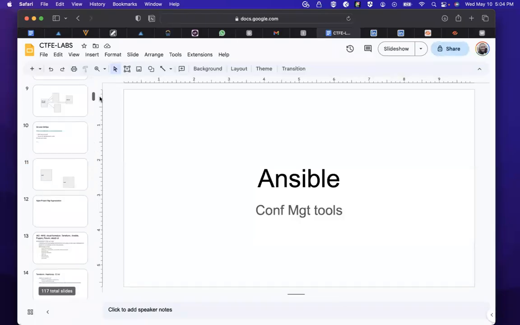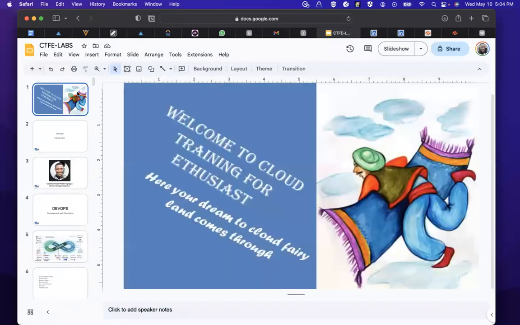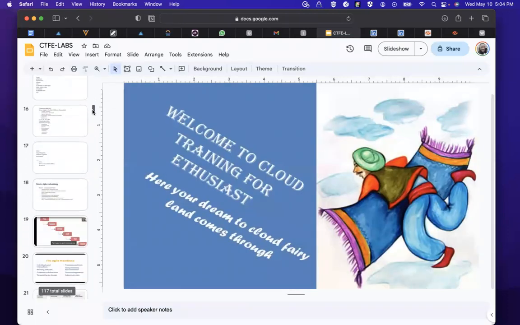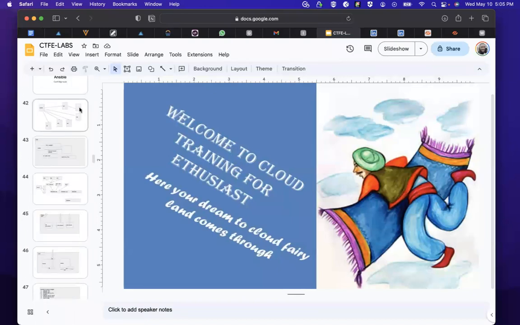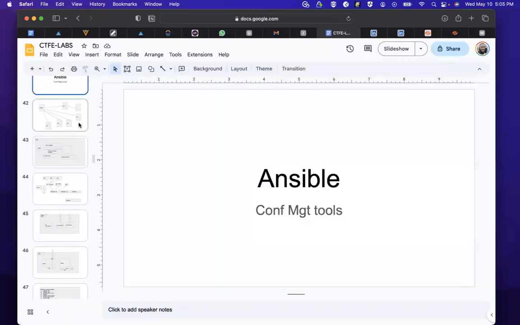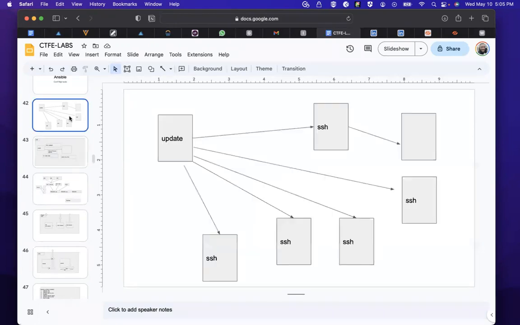My name is Tony Patrick Agbogun, and we are here to talk about Ansible, which is part of our configuration management tools. I think this is the first time I'm going to be taking Ansible in our Class Training for Enthusiasts, because most times we focus on Terraform. After Terraform, we'll move to the next. But I see that this class is more interested in automation, so we are venturing into Ansible because we want to explain a little of everything about Ansible.